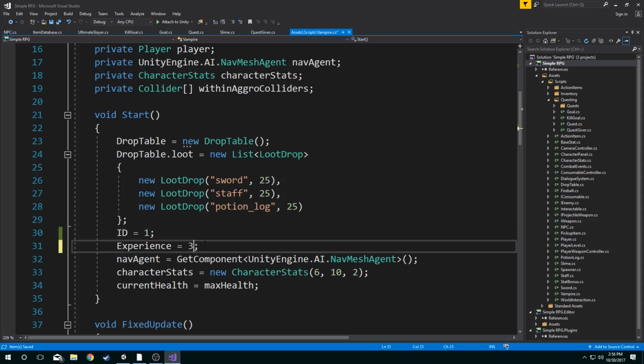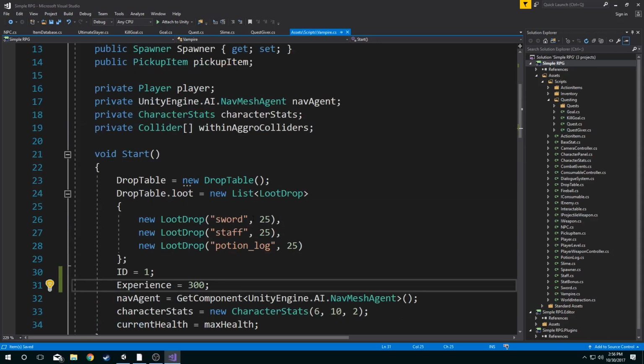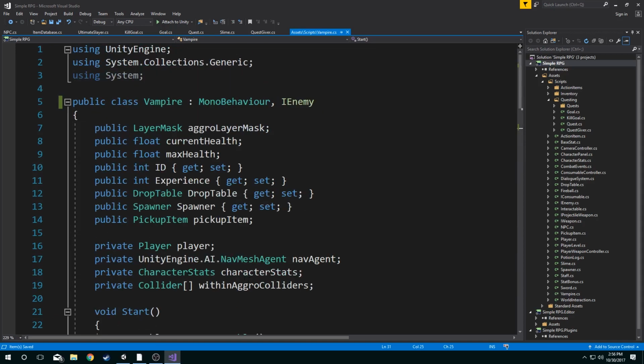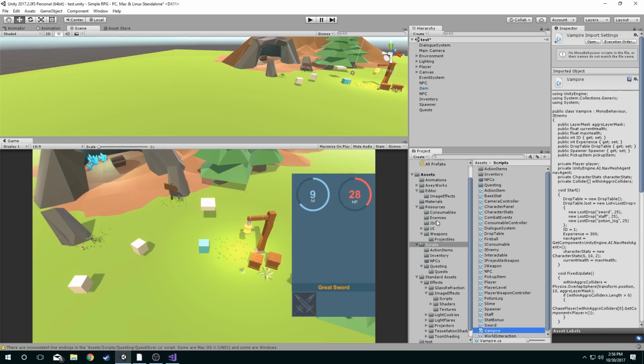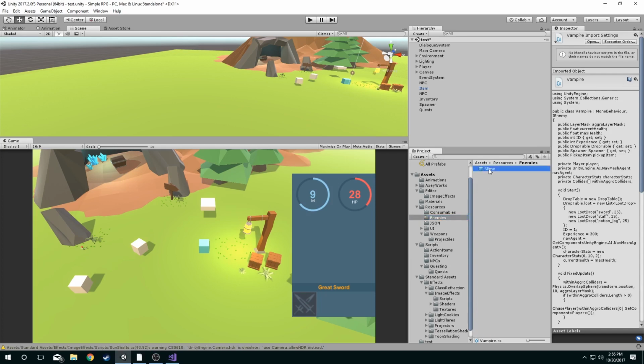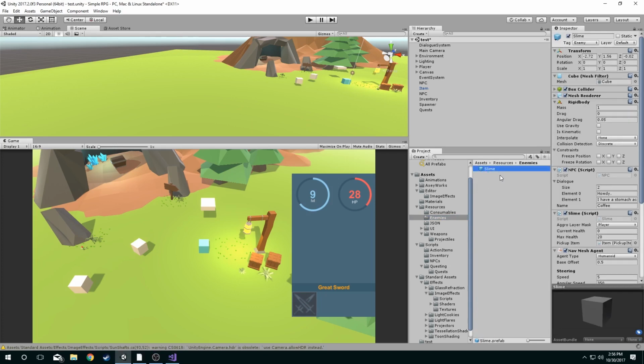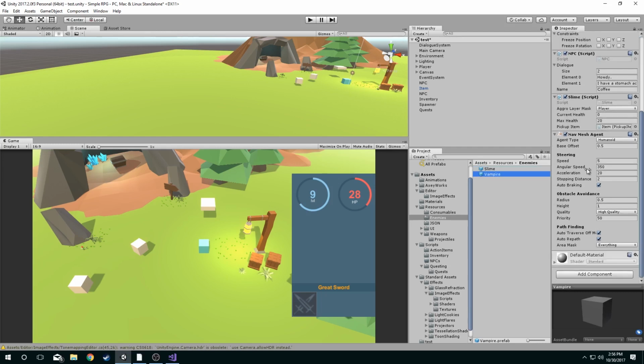Like you could change it to like 300 experience. Change his stats. Change his loot table. I don't really care. There we go. And then I want to go into my resources folder. Go to enemies. I have my slime. I'm going to duplicate him because we need to have a prefab of the enemies we use so the spawners can use them. So I want to call this vampire, and I want to get rid of slime